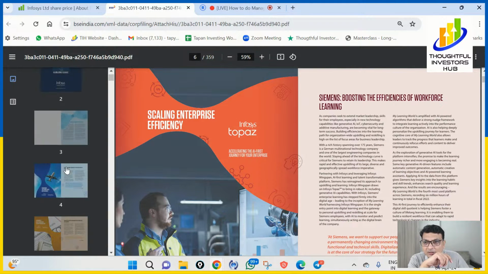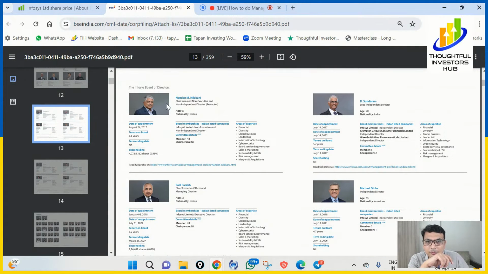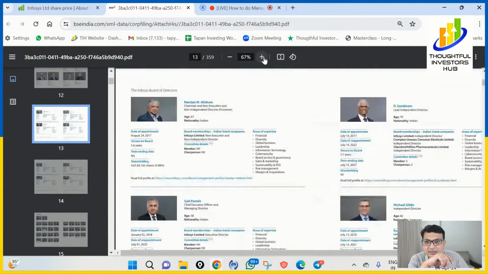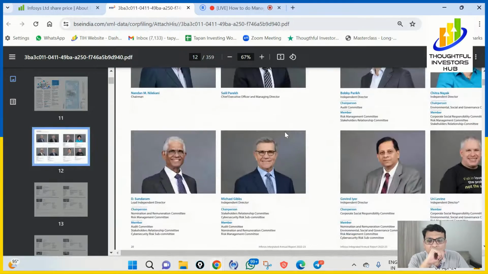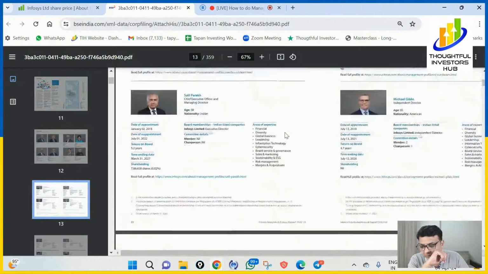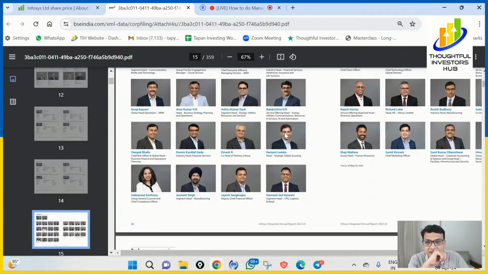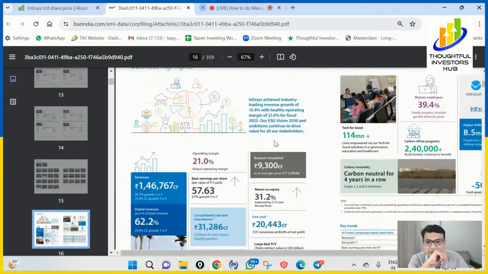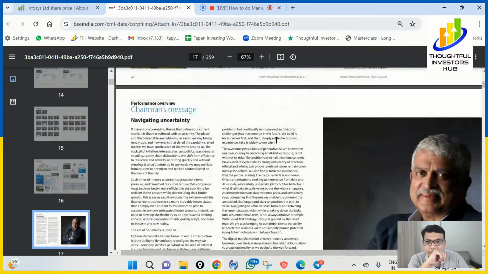Here you can start understanding the management. Are you able to see these management details, guys? ये दिख रहा है आपको? So the track record and all that you will be able to see. ठीक है, ये आपको पूरा ट्रैक रिकॉर्ड दिख रहा है. Who the management are and what they do, like the chairman.